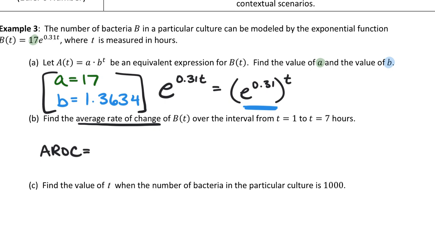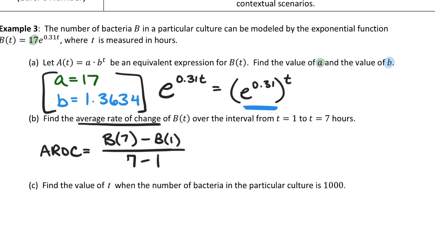Okay, I hear it. F of x2 minus f of x1 over. Great, but let's use the letters and numbers from this problem. Instead of f, what is the name of this function? B. So we're going to have b of x2. What's the second time value that I care about? Yeah, second time value, 7, minus b of the first time value I care about, which is 1, divided by